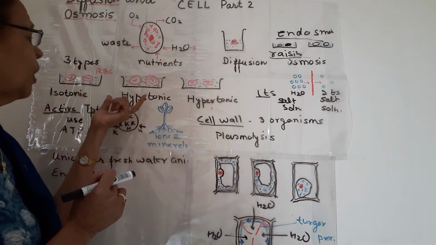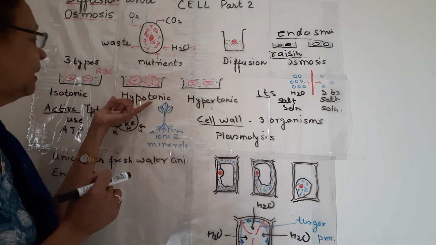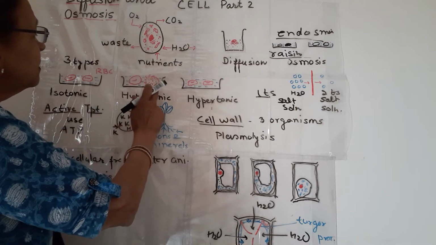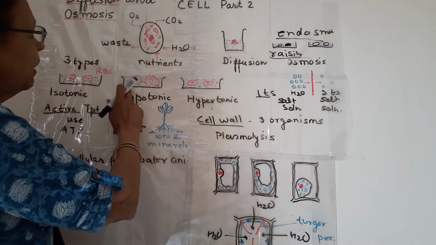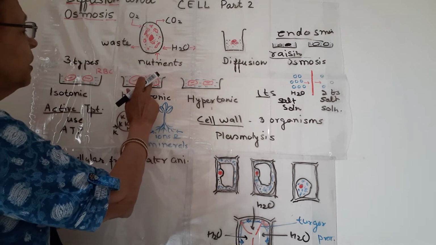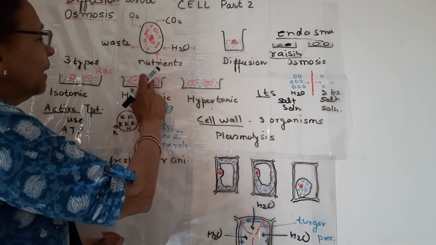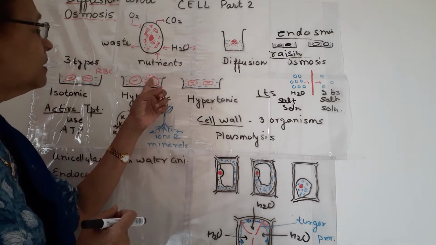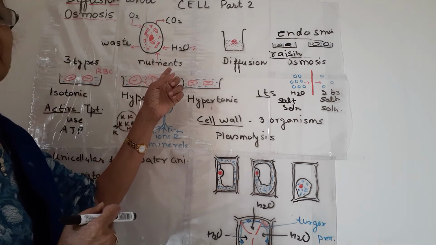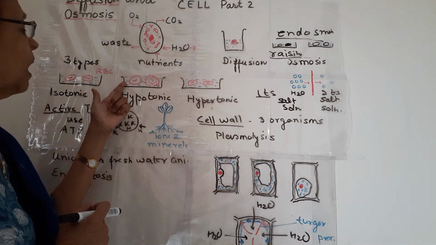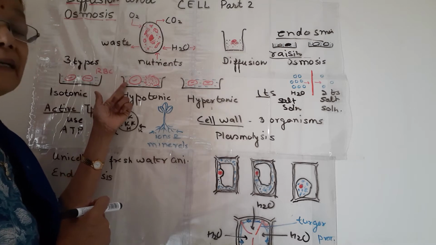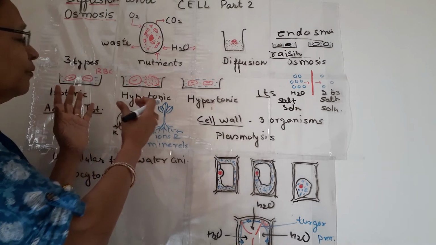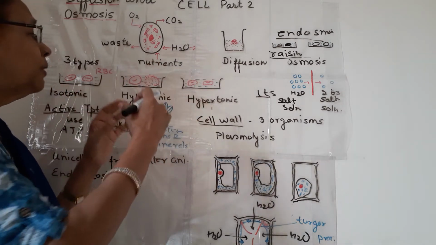In hypo means less. Less means the outer solution is having lesser concentration than the cytoplasm of RBC. RBC has more concentrated cytoplasm than the outer solution. Outer is less concentrated. So what will happen? Now from the region of higher towards the lower,